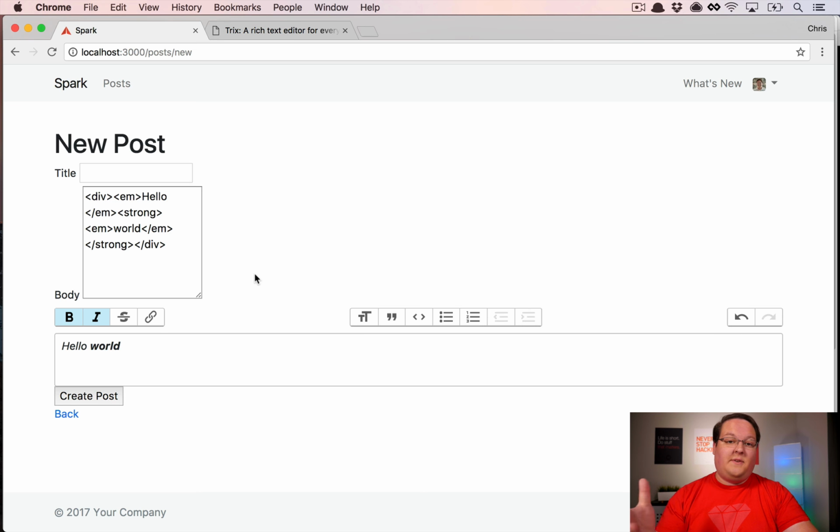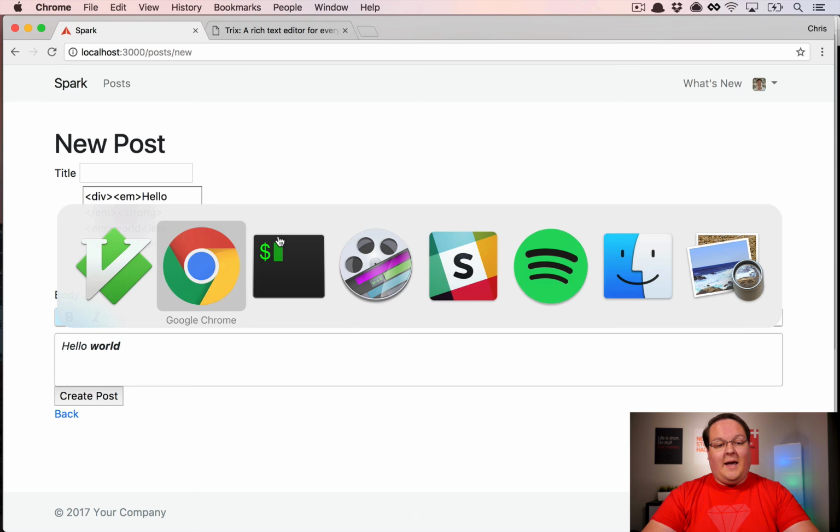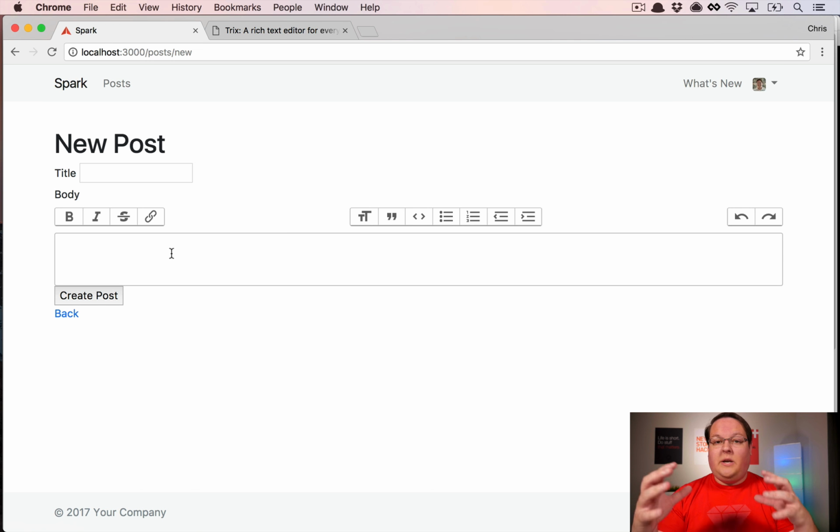That's pretty cool, and it works really simply. That's all you have to do to get it up and running. And normally, of course, you're going to want to change this from a text area to just a hidden field, and you'll be good to go. So we know that it's updating the content of that hidden field now. So if we were to type hello world here, and let's make world bold and just have a title of test,